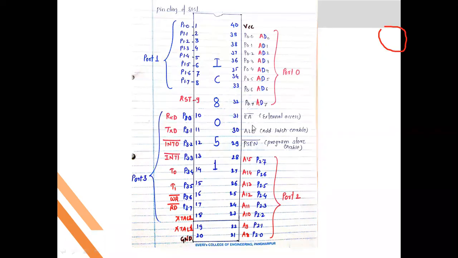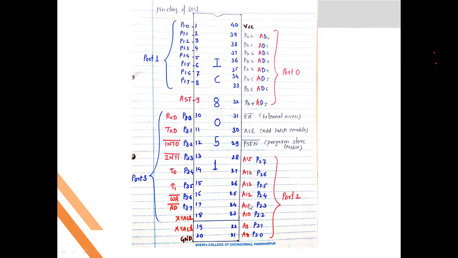So see here, whenever the microprocessor wants to access data from external memory, it activates these two signals. When does it activate them? When we give them a low value. That means whenever you are going to connect external memory, at that time you have to connect these two pins to 0, or these two pins to ground. Okay, so external access and PSEN, that is program store enable.